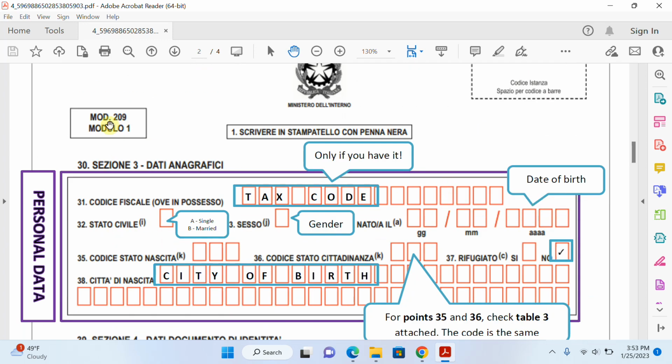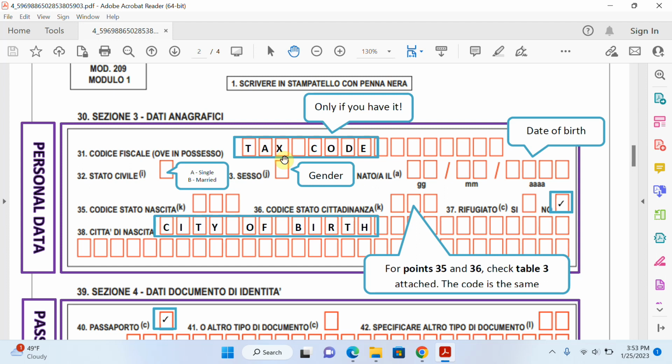On the second page of module 1, you have to write your tax code. You know, when you came to Italy you applied for a tax code, they call it the fiscal code, right? So you have to write your fiscal code here if you have it, right? And whether you are single or married, you have to write A for single, B for married, and here gender, M or F. Here you have to write your date of birth. Okay,